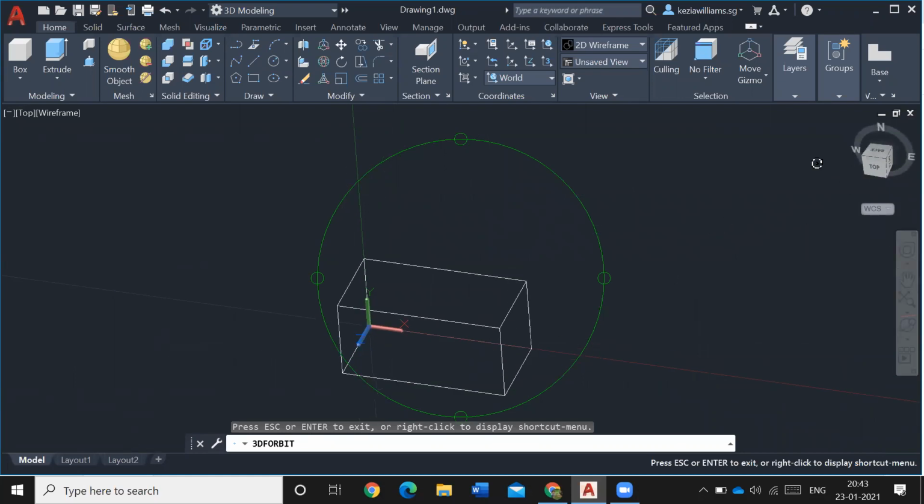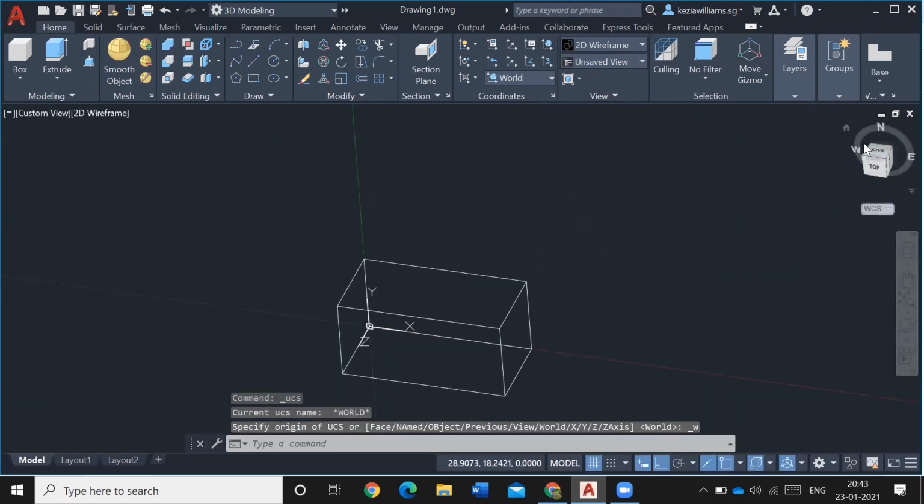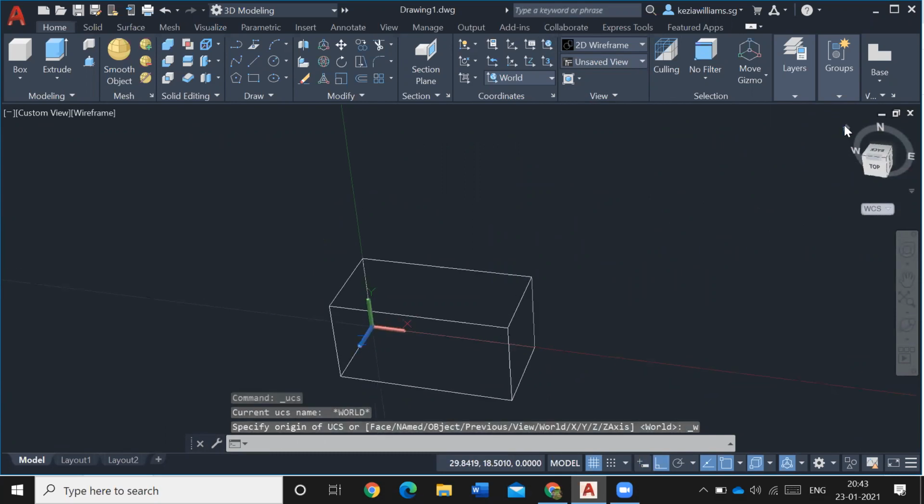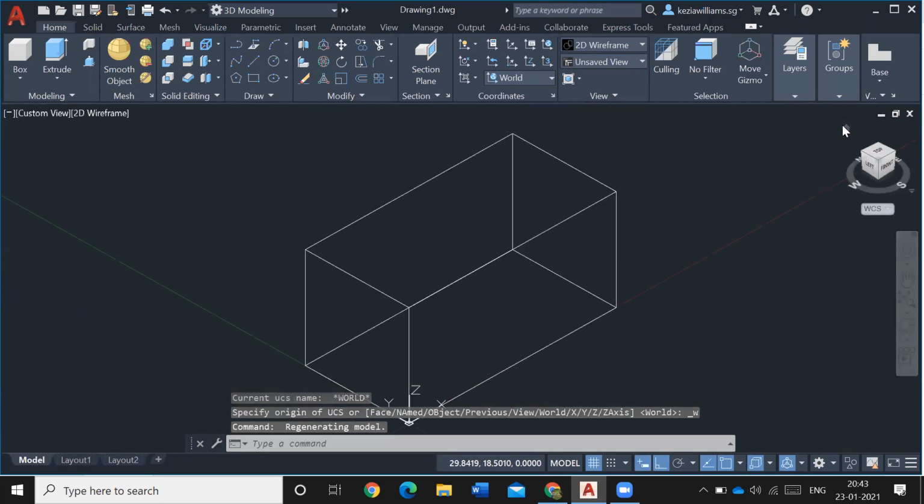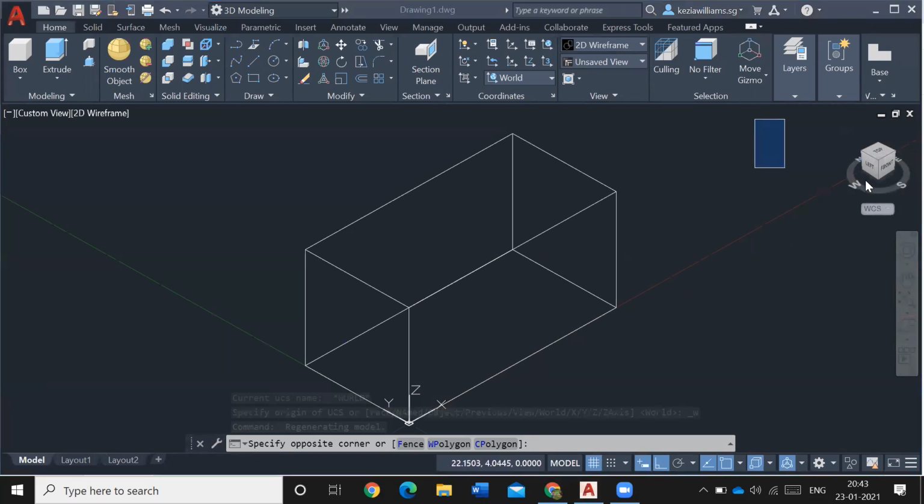Okay. So now I'm going to tell you that this view cube also changes. This is WCS, right? Okay, I go to WCS again. Here is the home button. The home button will go to the normal one. When you press the home button, it will actually go to the southwest view, SW.